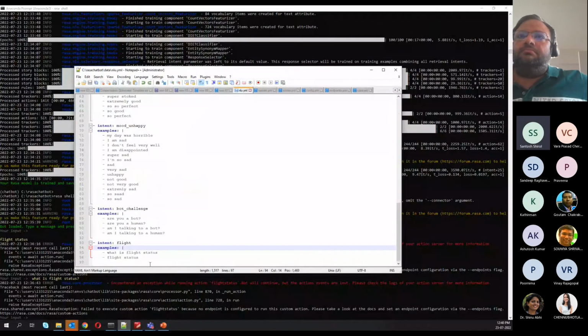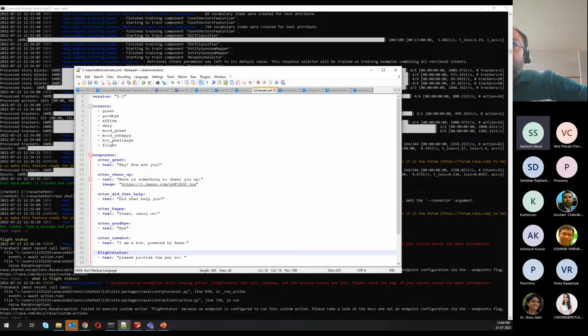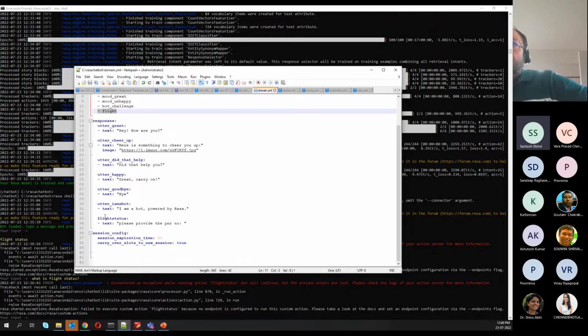So I have modified the file, sir. In NLU, I modified the intent flight and gave two examples. Then in the domain also I've added the intent in the intent list. Okay. Then again, the flight status as an action. You can make it utter underscore flight, just to make it uniform.